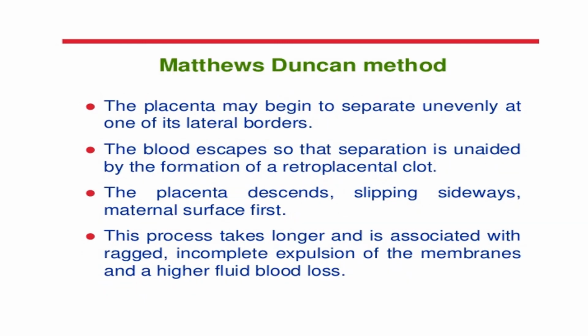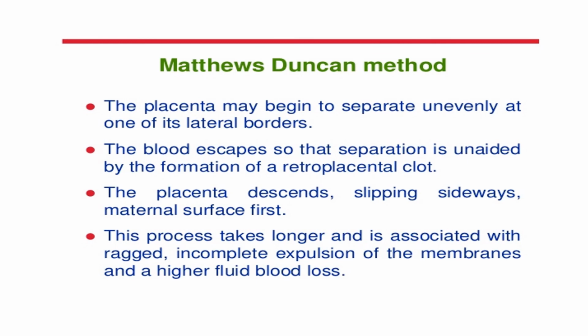And another one is Matthew Duncan's method, or marginal separation. Here the placenta will start to separate from the borders. That is why it's known as lateral separation or marginal separation. The blood coming out of this placenta will escape through the sides of the placenta, and it will not form the retroplacental clot, and this clot will not help with the further separation of the placenta. And when it is getting separated, it will slip sideways, and gradually it will come out, and usually